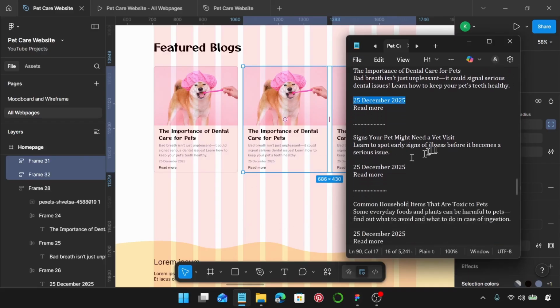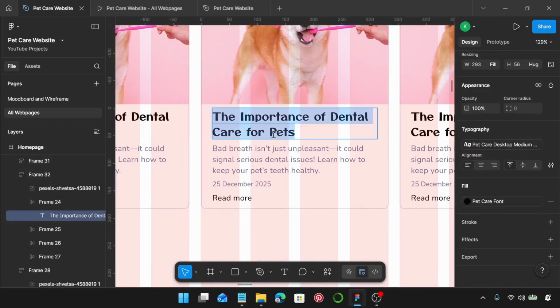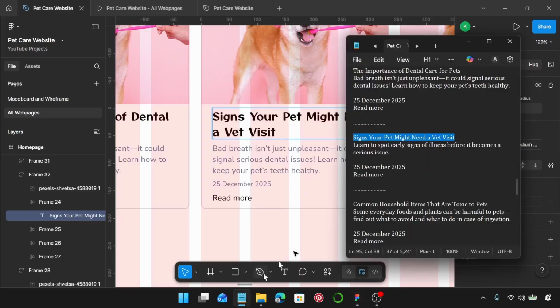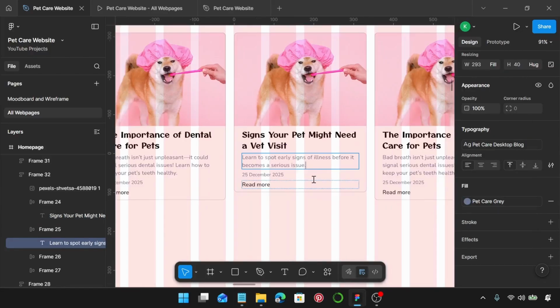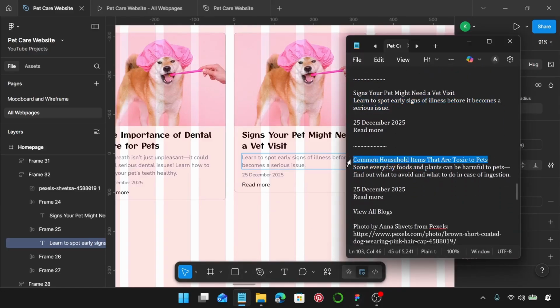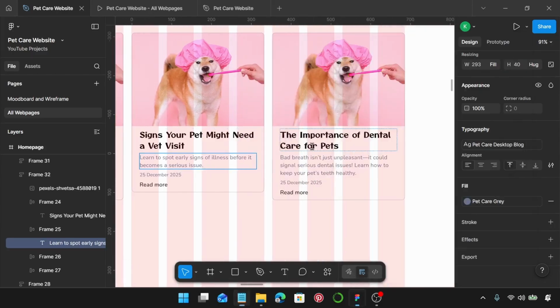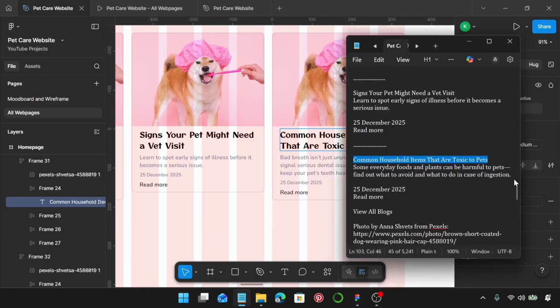Let me grab the text for this, then we'll focus on the images. I'm going to start with this heading. I'm going to paste. I'm going to grab the description and I'm going to paste. No need to change the date. I'm going to grab the heading for this. You can change the date if you want to, but I'm just going to leave it as all the same dates. I'm going to copy this description